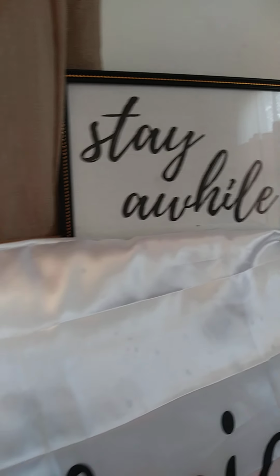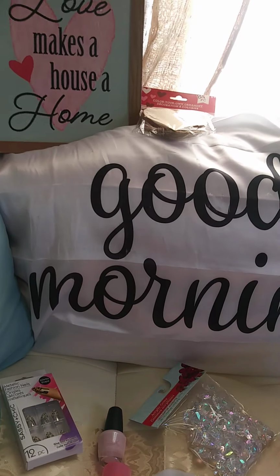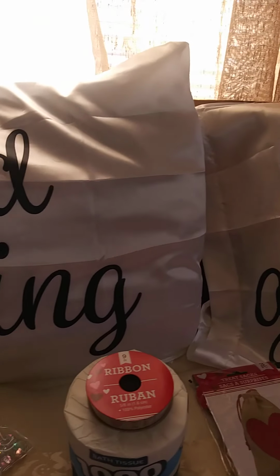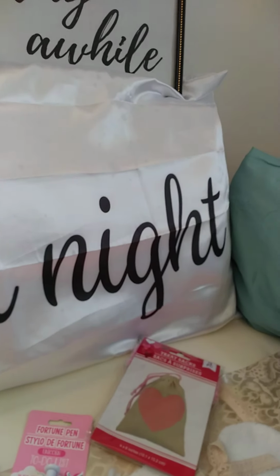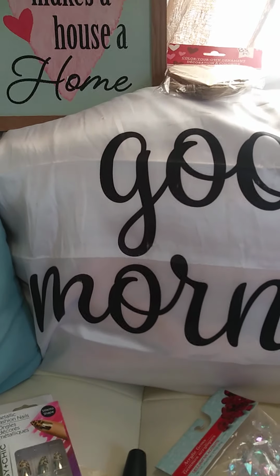So first I'd like to show you the pillows, okay? Well, actually they're the pillowcases, and I got these pillowcases at Dollar Tree. I think they're satin. But anyway, they're so pretty. I love them. Obviously, $1 each. Okay. And then